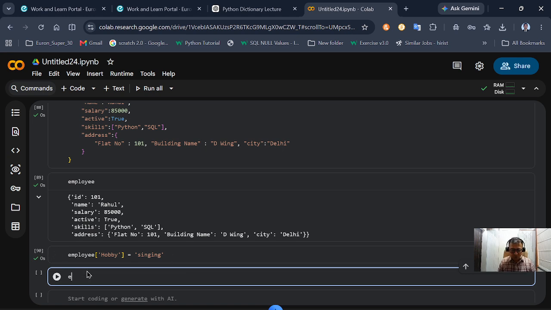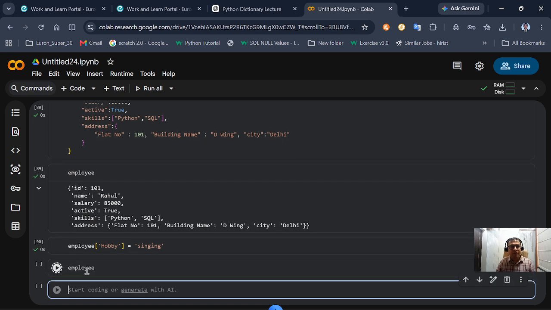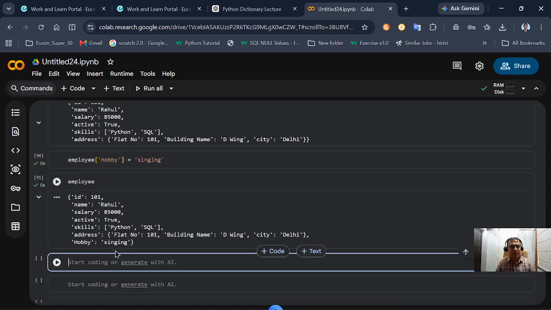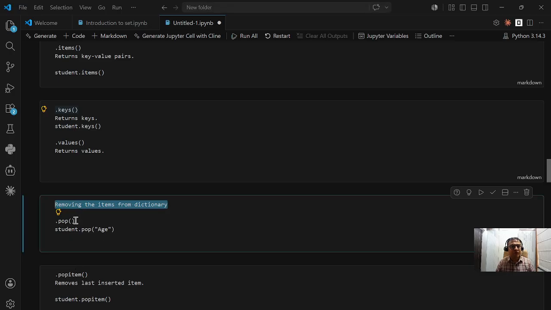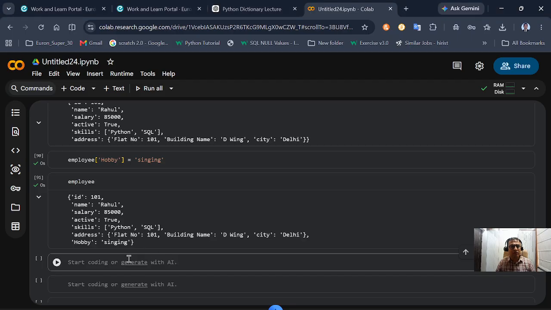And if I call the employee dictionary back, now this hobby is added in the list. Now if you can see, we have this dot pop, and how this will work, if I say